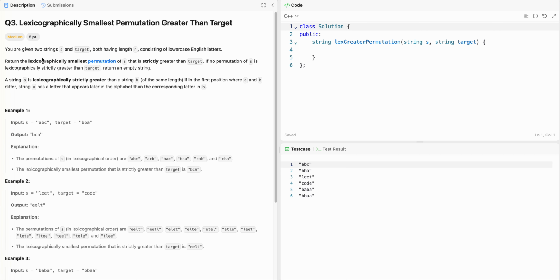You are given 2 strings s and target, both having length n, consisting of lowercase English letters. Okay. Return the lexicographically smallest permutation of s that is strictly greater than target. Okay. If no permutation of s is lexicographically strictly greater than target, then return an empty string. Alright, so we have to return the lexicographically smallest permutation of s that is strictly greater than target. So we just need to basically